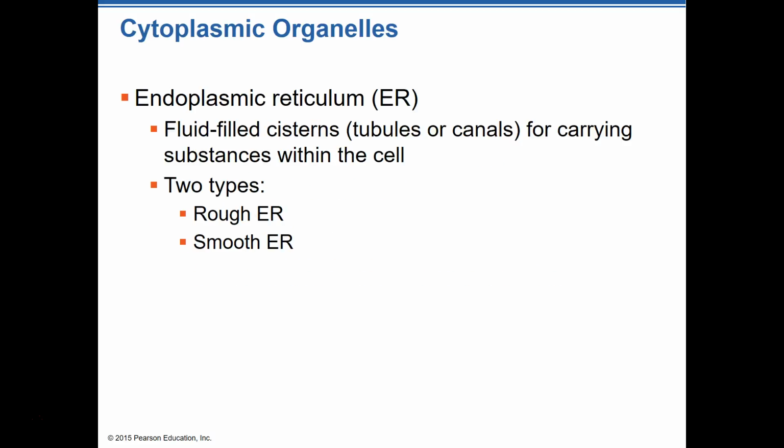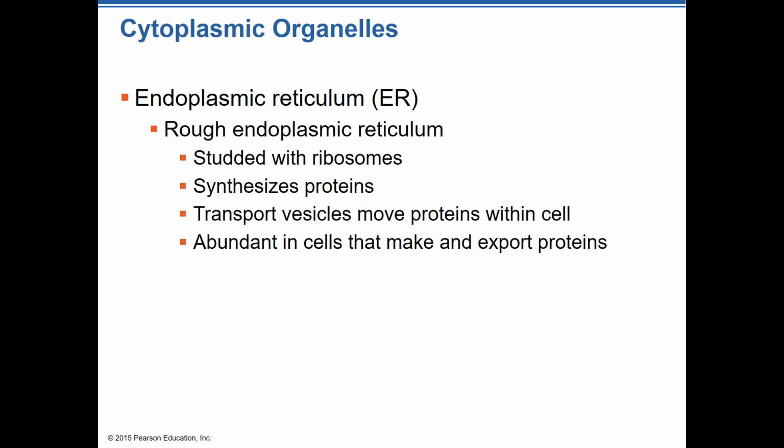Then we have endoplasmic reticulum. There's two different types. We already talked about the rough. Remember, the ribosomes that are present on the endoplasmic reticulum is what makes it rough. But there is a type that's called smooth endoplasmic reticulum. Just realize on smooth endoplasmic reticulum, no proteins are made because protein synthesis happens with ribosomes. Absent ribosomes, no protein synthesis. So endoplasmic reticulum, rough and smooth. Rough has ribosomes and creates protein. Smooth does not have ribosomes and does not create protein. So, and that's what this slide is talking about here.